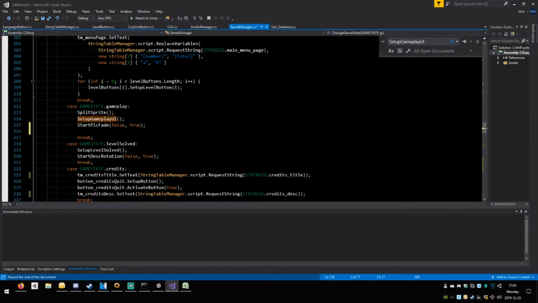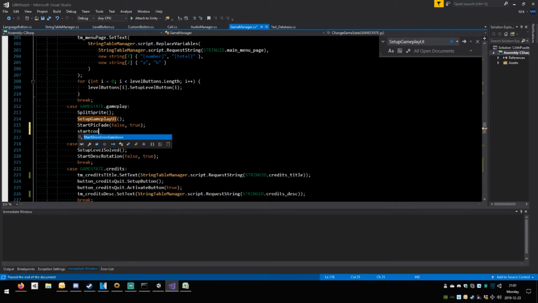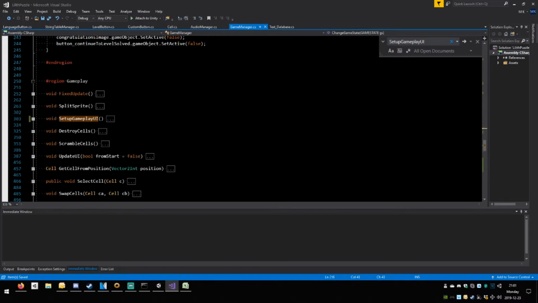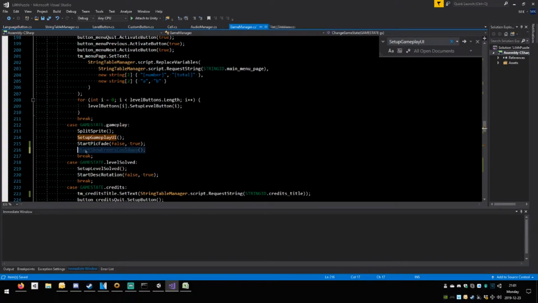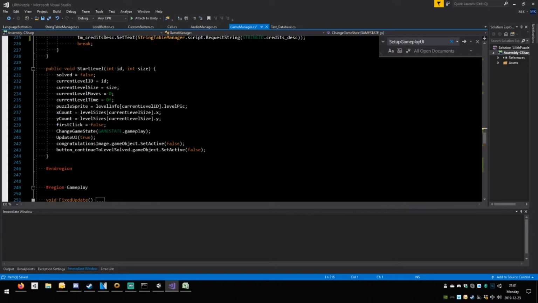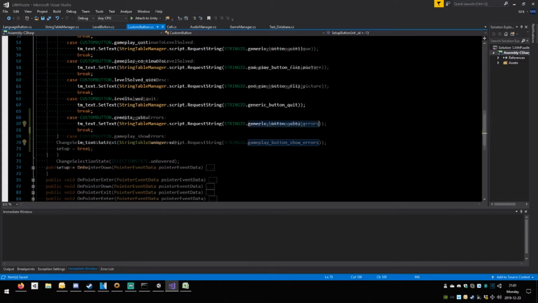And the first thing we're gonna do here is start the show errors cooldown when we... Does that make sense? I don't really like this. I prefer it to be here. So we start the level with a cooldown. Okay. Then every time we're going to press that button,